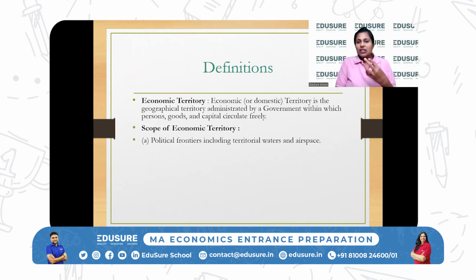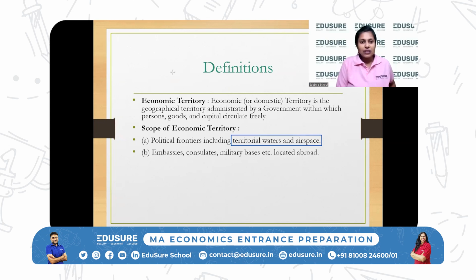Okay, so physical place includes all the physical landmass of a country. It includes the political borders. It also includes the territorial water. चाइना के साथ भी की फाइटिंग फॉर वाटर, पाकिस्तान के साथ, श्रीलंका के साथ, ये तुम्हारा पानी है या हमारा पानी है. So territorial waters and airspace. Okay, everything is included in the economic territory of a country. Embassies, consulates, military bases located abroad. Indian embassy, any part of the world, is part of the economic territory of India. Okay.